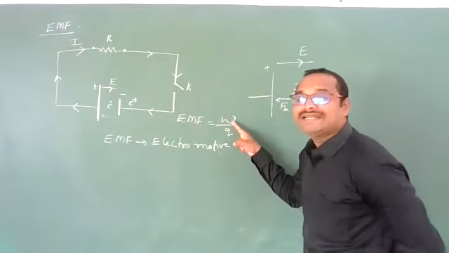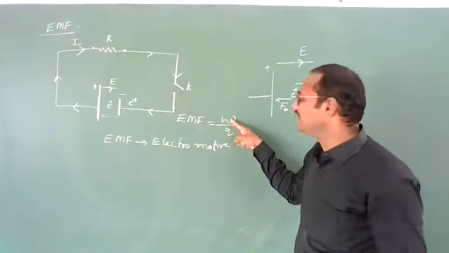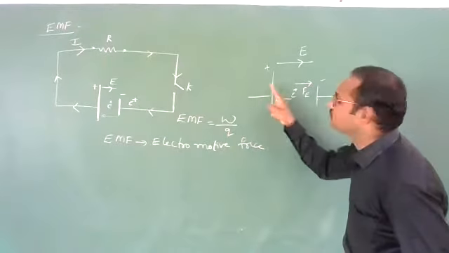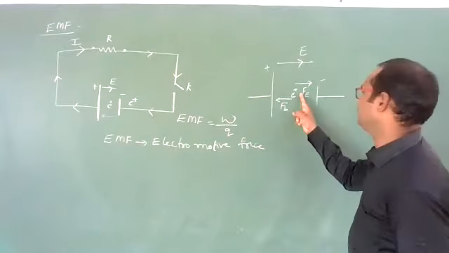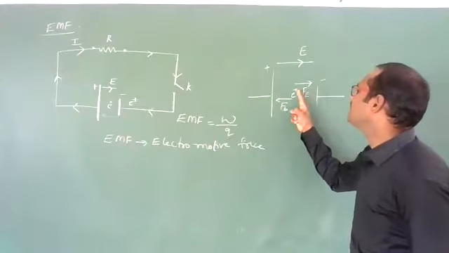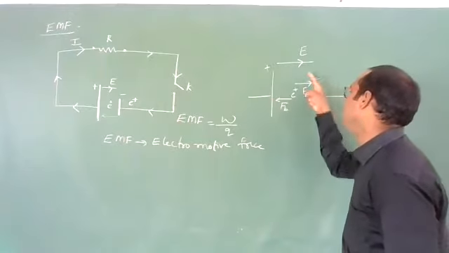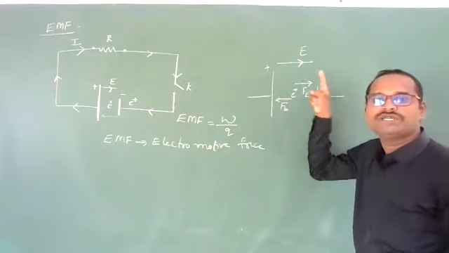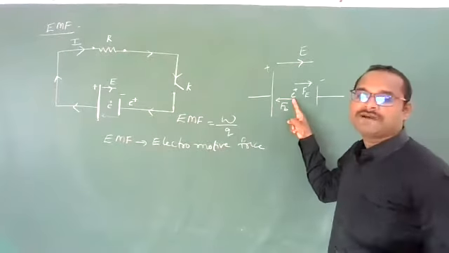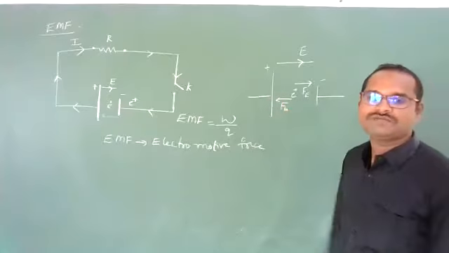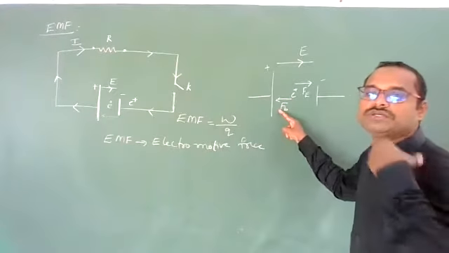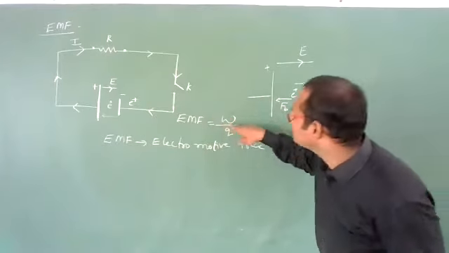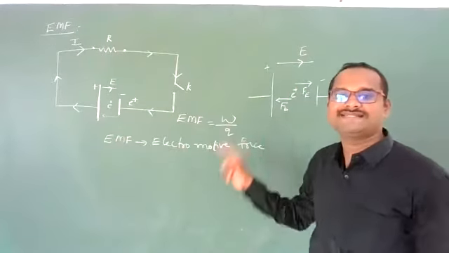Or it is work done per unit charge. Remember, this is work done per unit charge in moving a charged particle from the negative terminal to the positive terminal. Why does work have to be done? I have explained. Once this charged particle enters the field region of the battery, the electric field will exert a force in this direction, from positive to negative terminal. This means the positive charged particle cannot go to the positive terminal by itself. For this, the battery has to perform some work to bring it to the positive terminal. How much work it does per unit charge, that we call electromotive force.